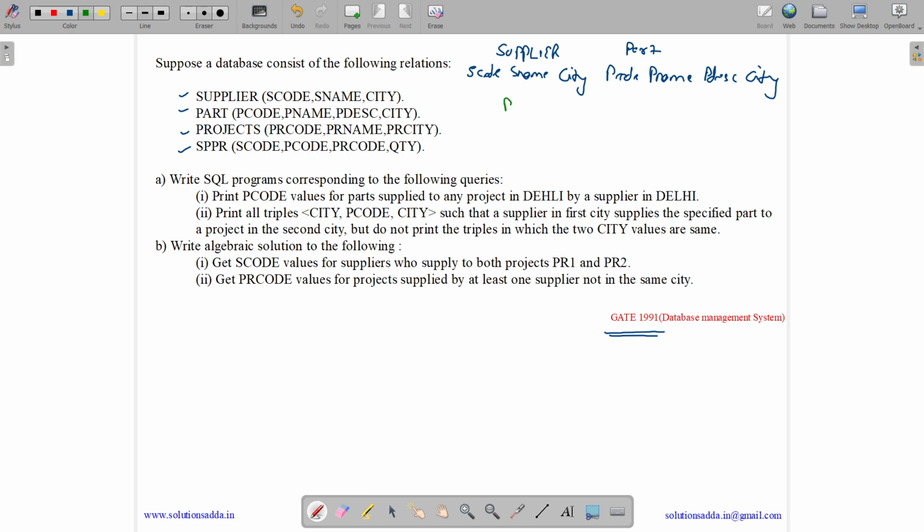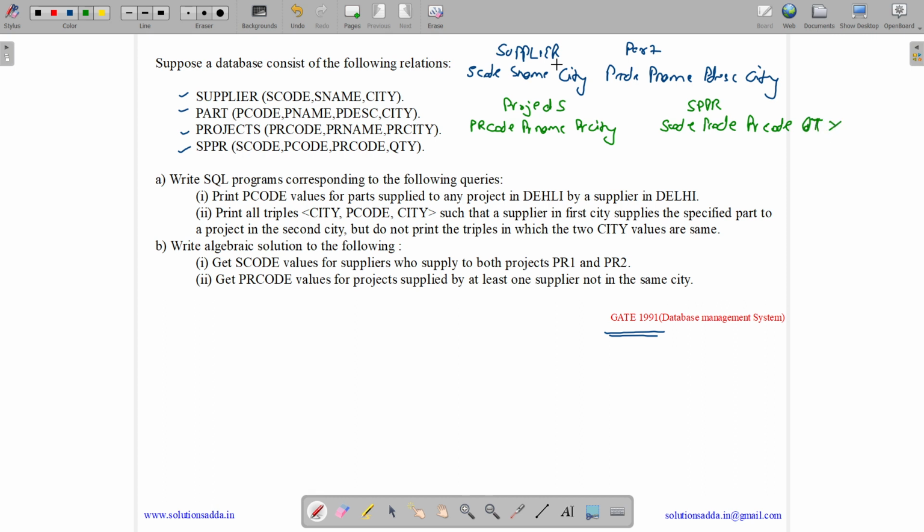Then we have the projects table with project code, project name and project city. Then we have the SPPR table with S code, P code, PR code and quantity.